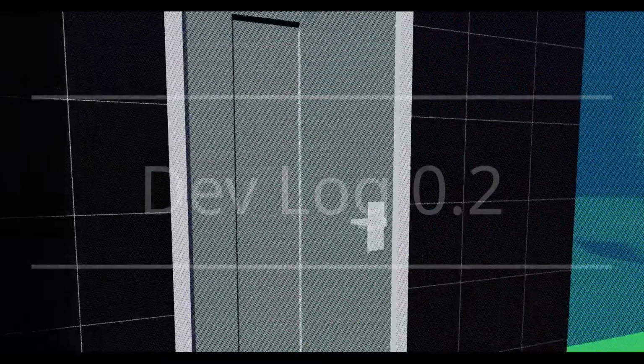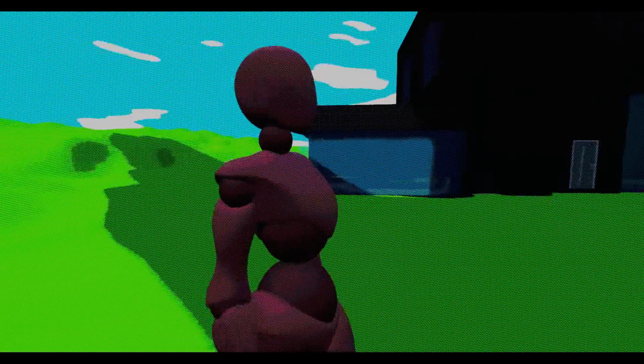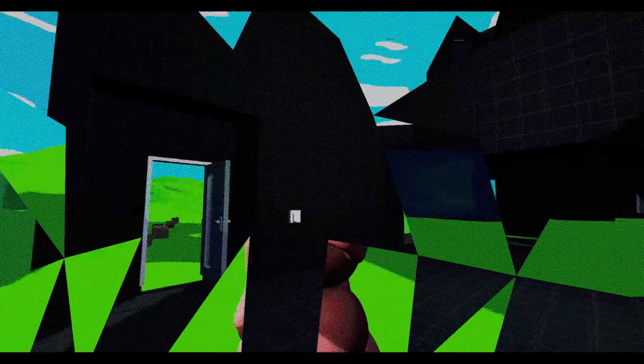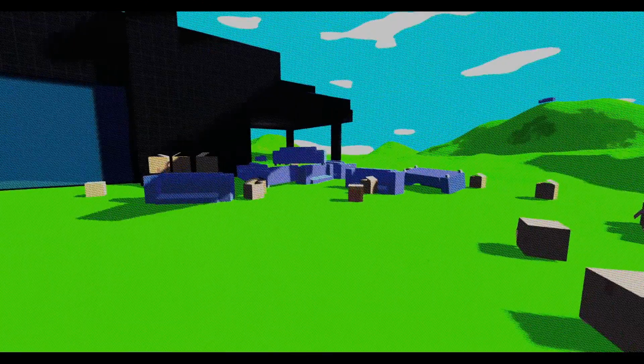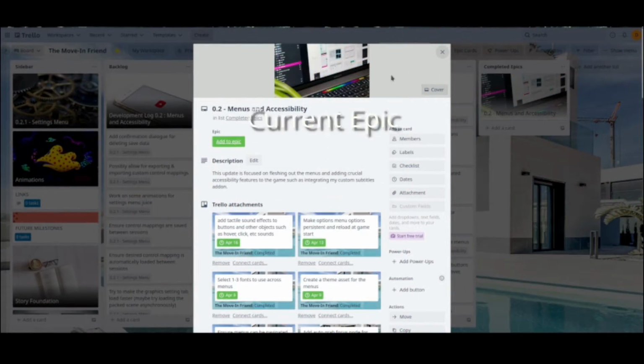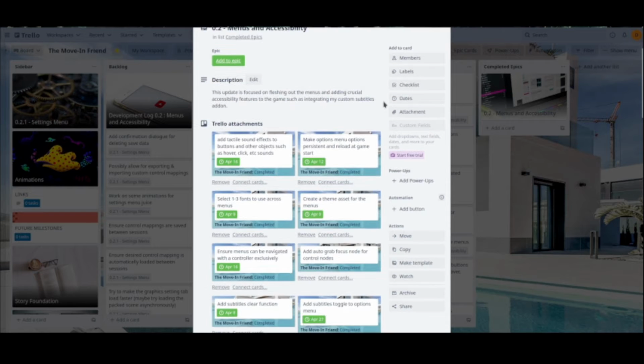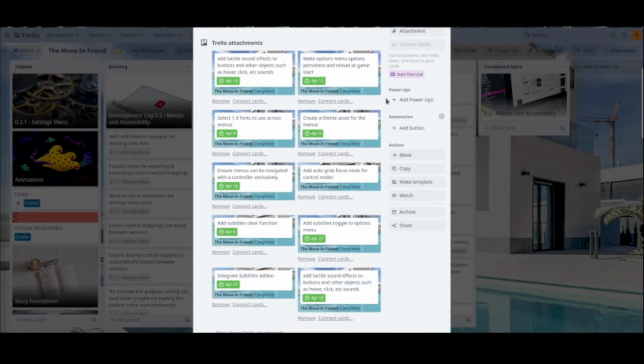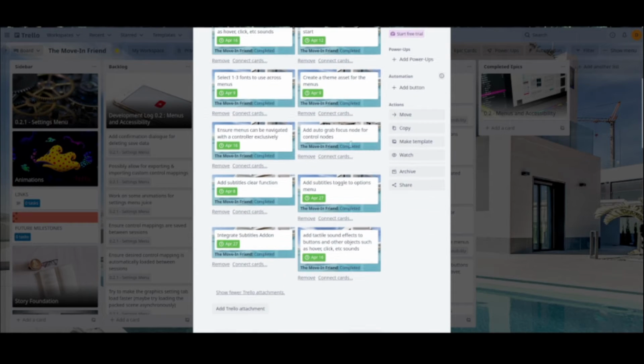The game you see is called The Move-In Friend, and it's going to be a tech demo that draws inspiration from the game Unpacking. This is the development log for my 0.2 update of the framework, and I have some fun stuff to talk about. This completed epic was titled Menus and Accessibility. This is mainly because I wanted to improve the menu UI frame elements, as well as providing some accessibility features